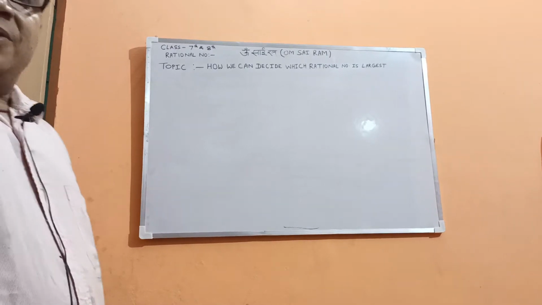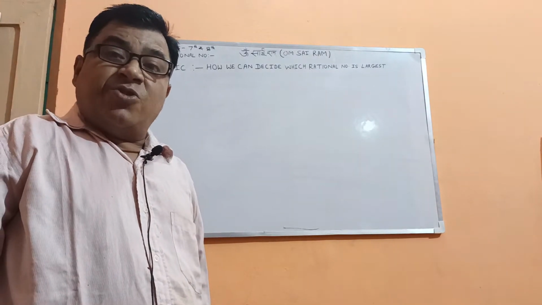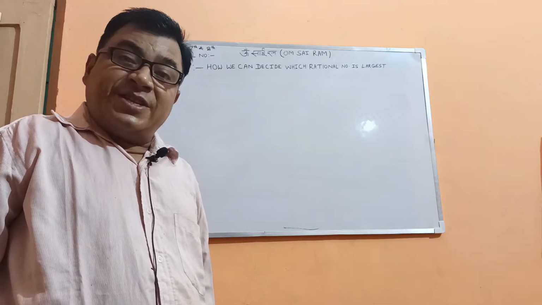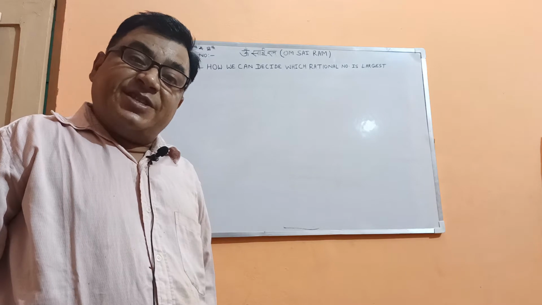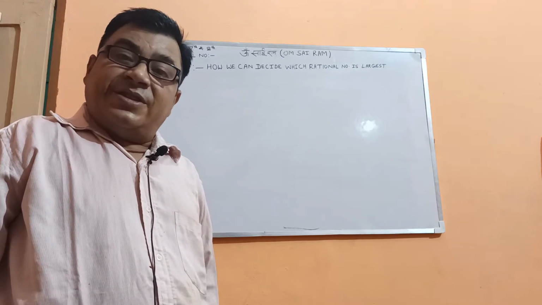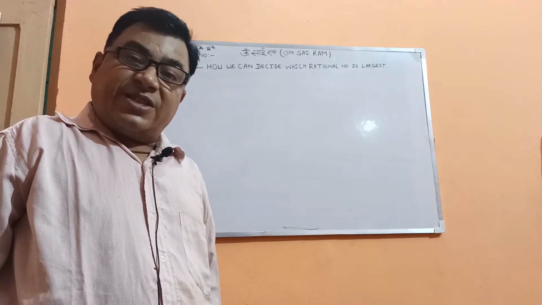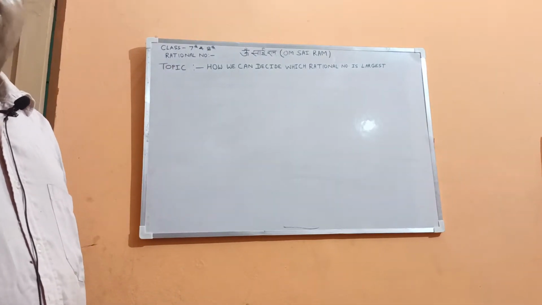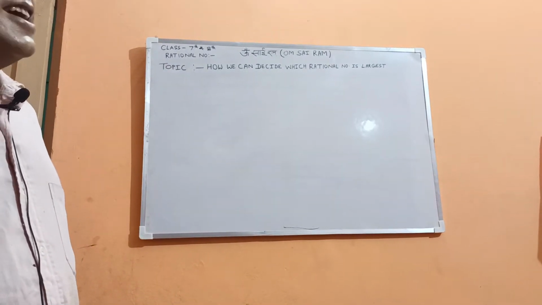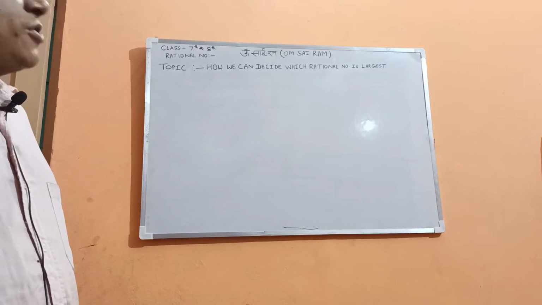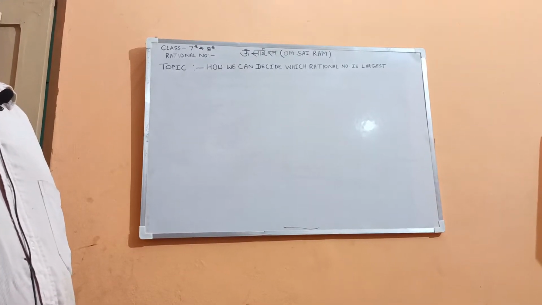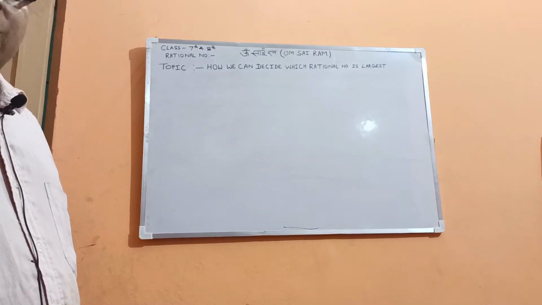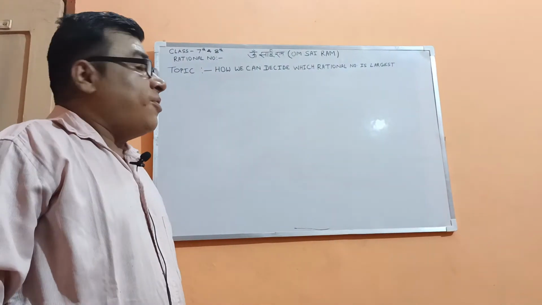The rational number chapter is common for both 7th and 8th students. In both classes, the rational number chapter is given for CBSE class 7th and class 8th. So this chapter is very advantageous for all the students of class 7th and 8th, and it is also very useful for the higher classes. This is the basic, so all the students must have full command of this chapter.